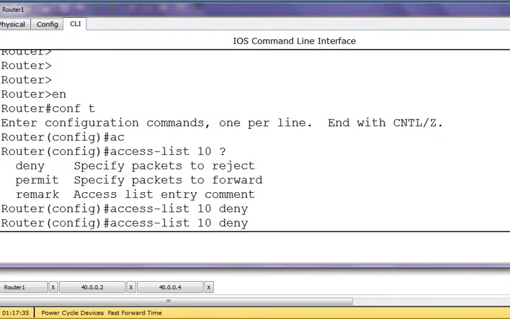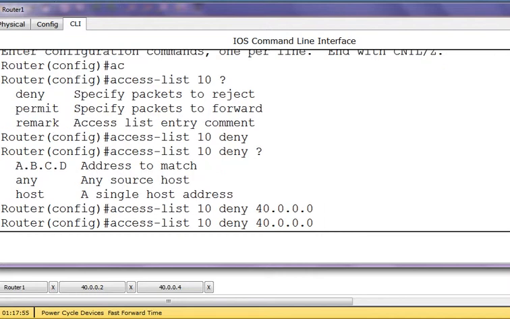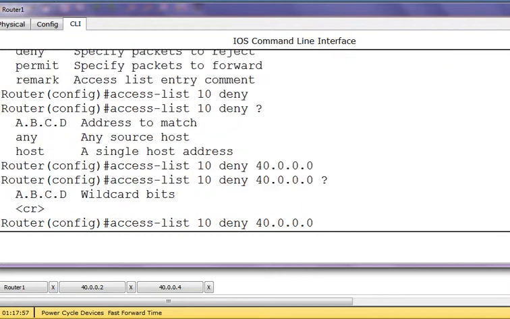After deny you'll get an option. Host means one IP address, any means all the IP addresses, or you just write the IP address. So I will write the entire 40 network. After that I'm going to write the wildcard mask, which says what to match and what not to match.